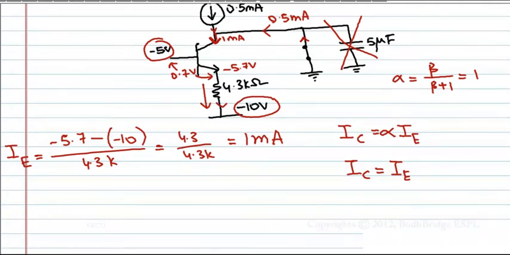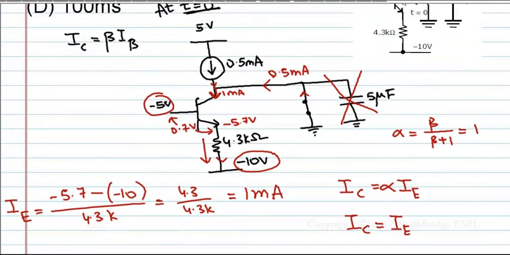Now at t equal to 0 plus situation, we will draw the diagram. Before that, first of all, see, this is in active region. Why? Because this is 0 volt. Since it is ground, it is 0 volt and VBE is greater than 0.